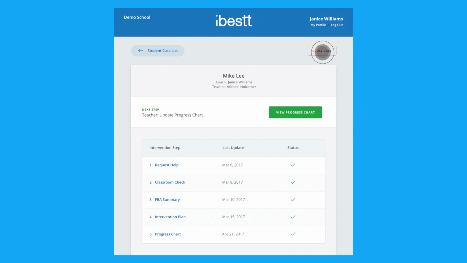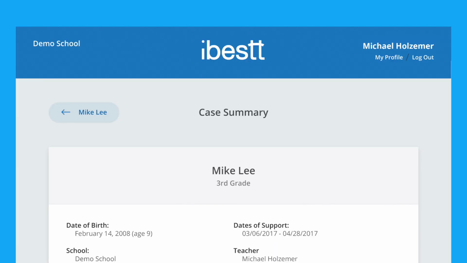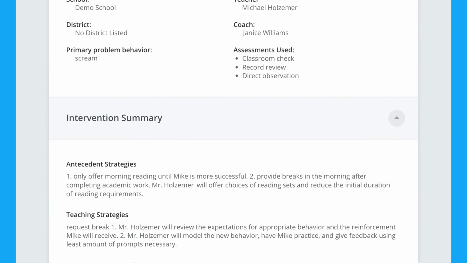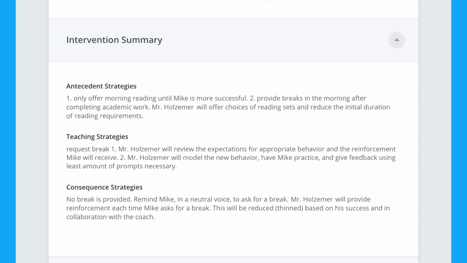Click the Close Case button to open the case summary screen. The top section shows information about the student based on support through iBest: name, grade, birth date, primary problem behavior, and assessments used. Just below is a summary of the intervention to support the student, the antecedent, teaching, and consequent strategies used. The coach completes the next three sections: